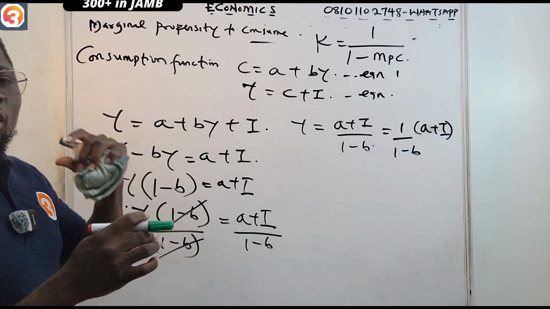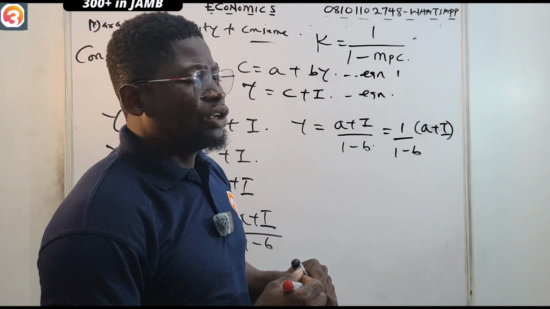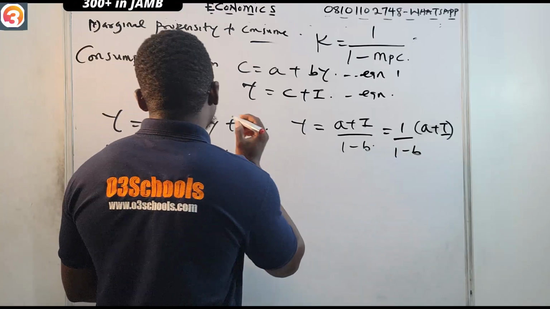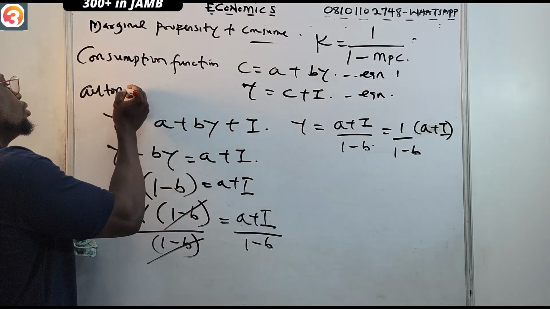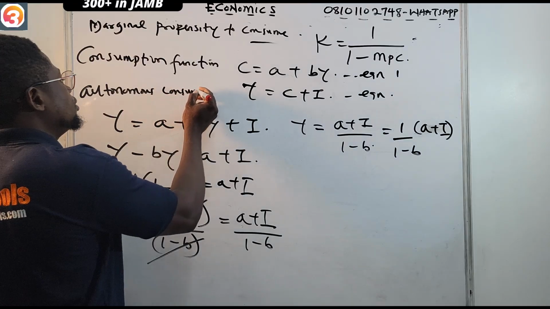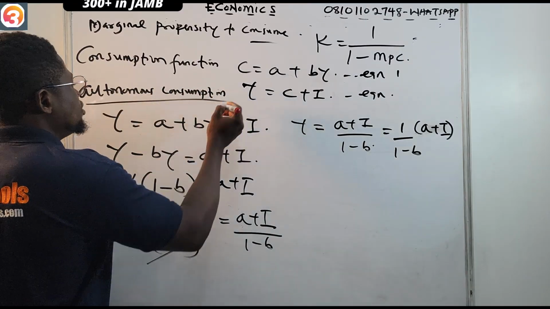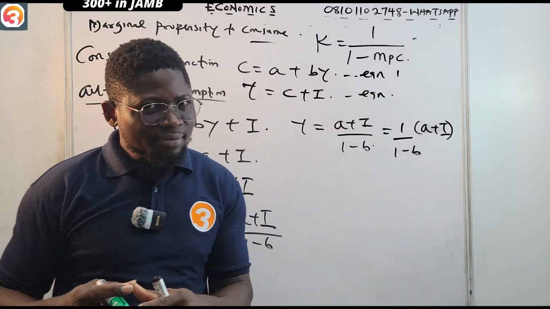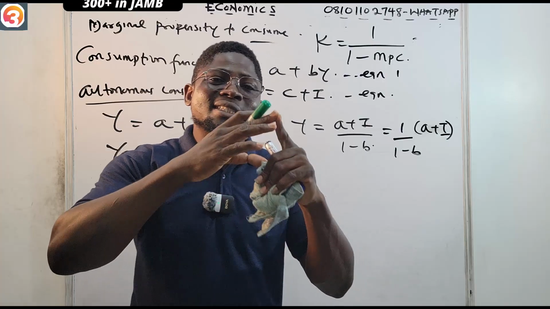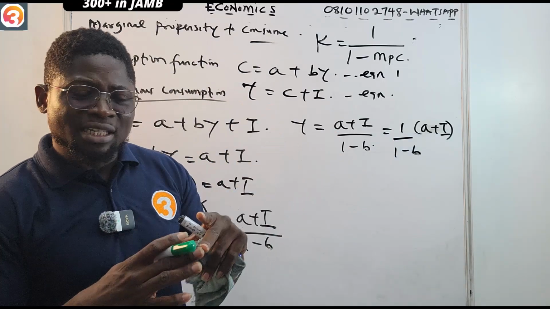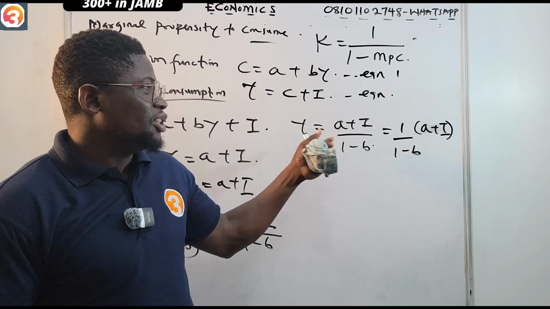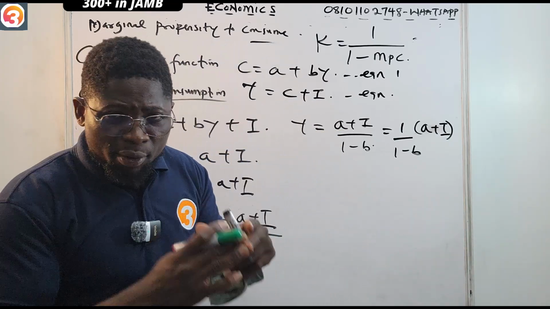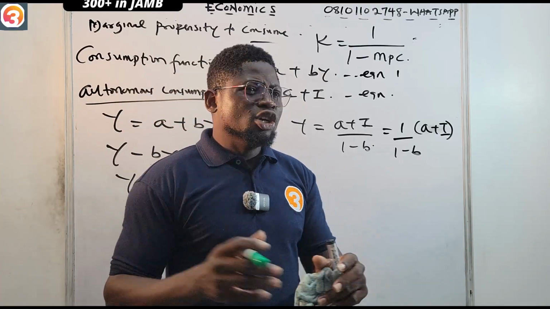When it comes to national income, autonomous consumption is usually not considered. You must take note of that. Why is it not usually considered? Because autonomous consumption is survival spending. Whether you have money or whether your income is zero, you must spend. That's what autonomous consumption is. We looked at it in the last class. Whether you have money or not, you spend either by borrowing or by dipping your hand into your savings. So it's not usually considered.